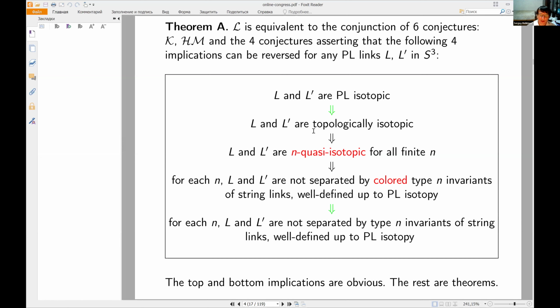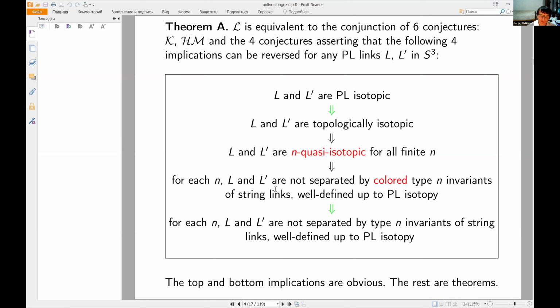Now this also implies, and this is not trivial, this is a theorem, that L and L prime are n quasi-isotopic for all finite n. Now, what is n quasi-isotopy? I'll tell you soon. Then there is another theorem which says that